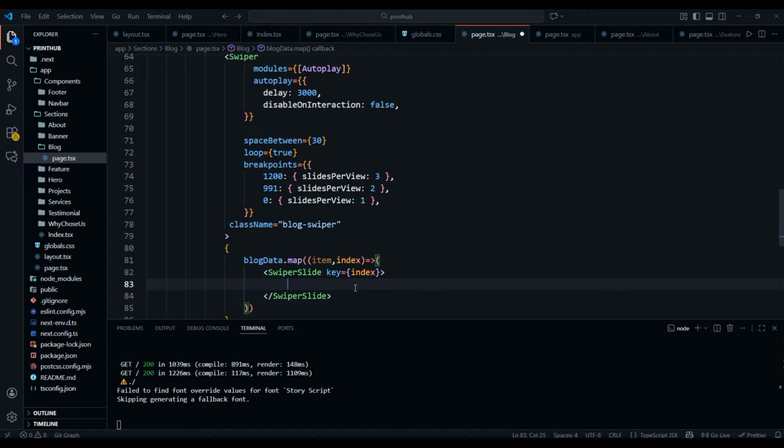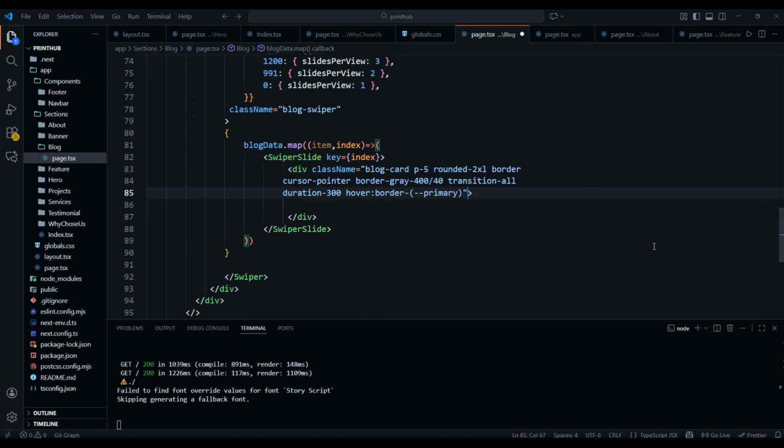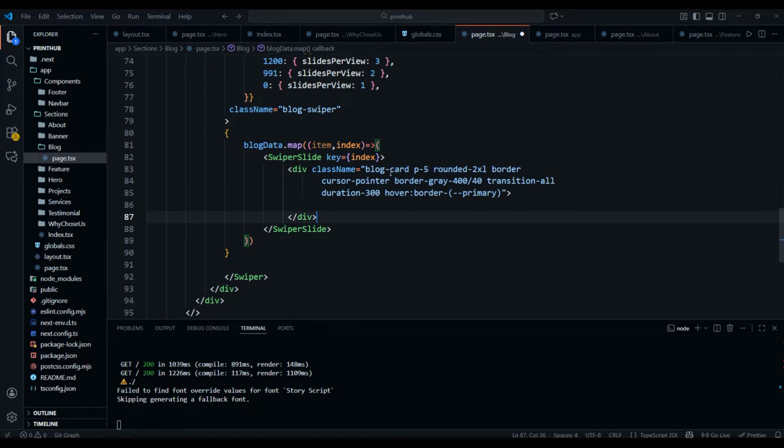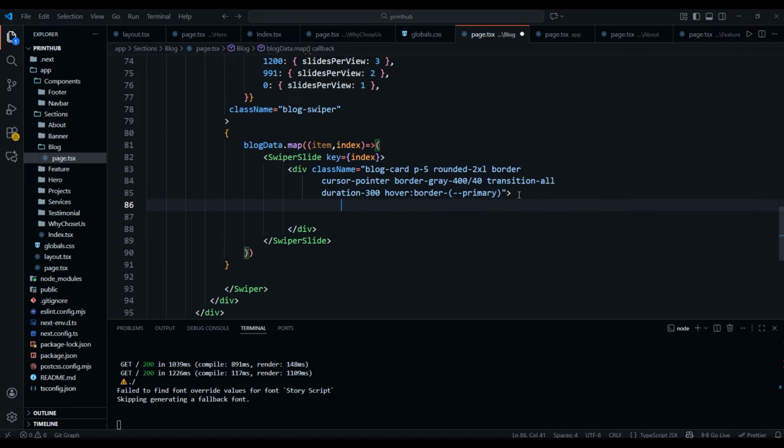And now we need to define our blog structure. For that we define a div element. Within the div we use our Tailwind CSS classes. You can see that these are the classes. So blog card, this is for padding, rounded effect, right? Border, cursor pointer, border gray, transition all, and duration, and also for the hover effect. Inside this div, the first div is